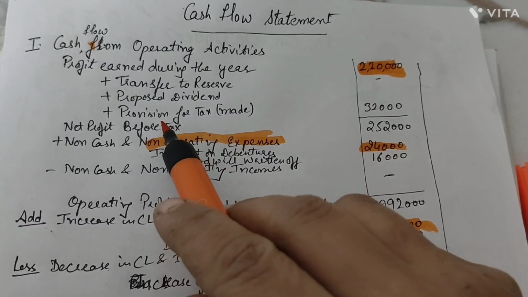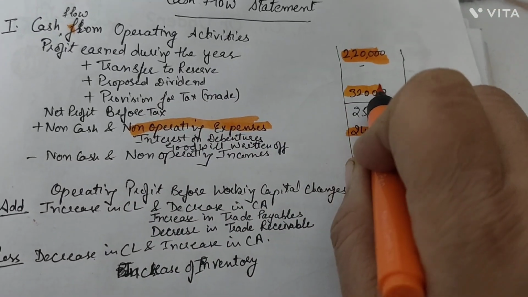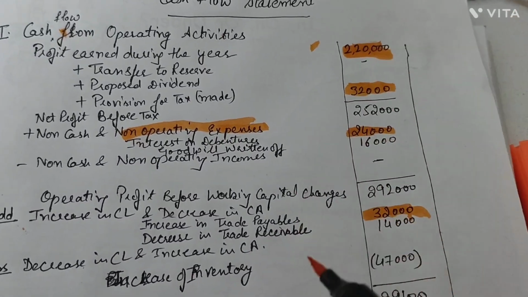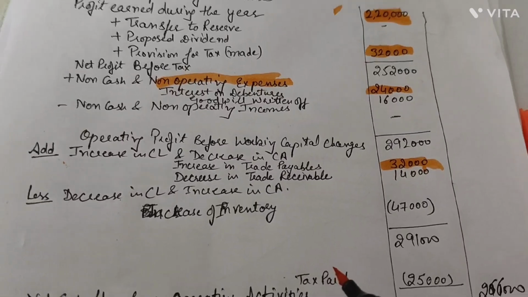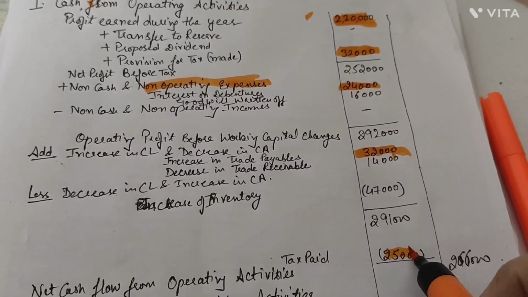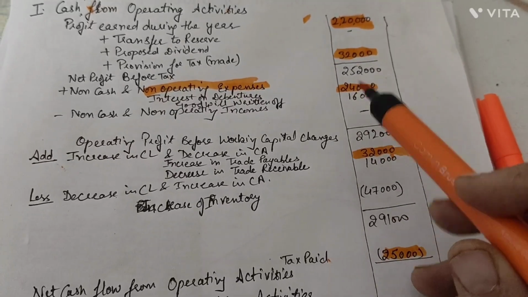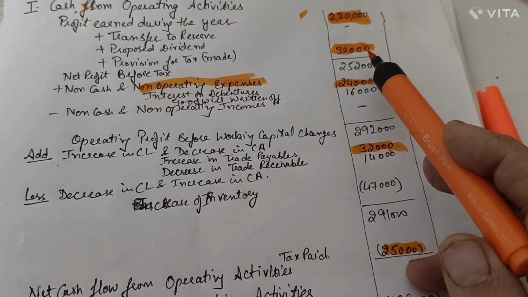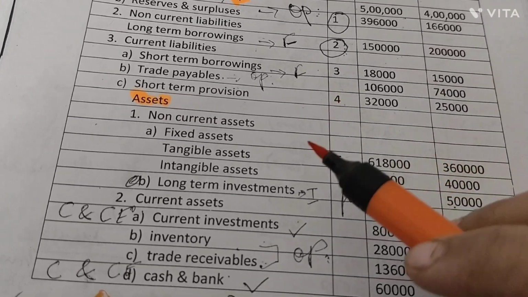Operating activities, we said provision for tax add with 32, here at the top, and less at the end. Less at the end is tax paid. Under the head of operating activity, tax paid is less with rupees 25,000. Last year less, current year balance, because no other adjustment was given, so we added the current year, right? Okay, next point. So here we are done with the liability side.